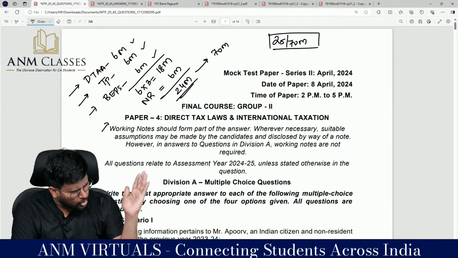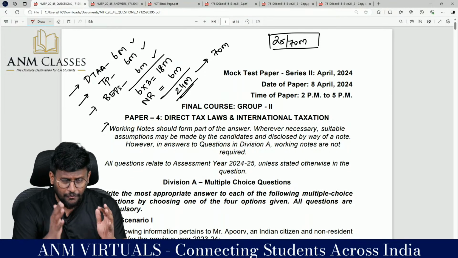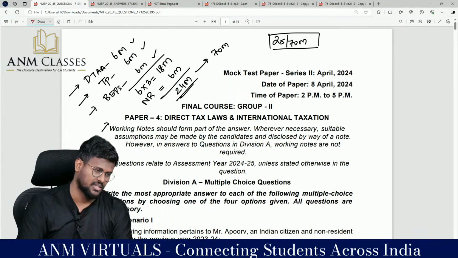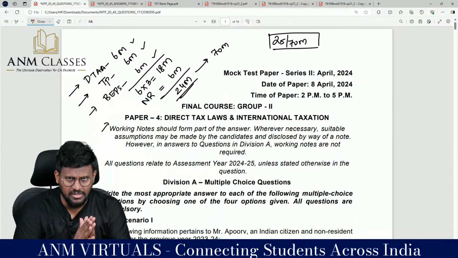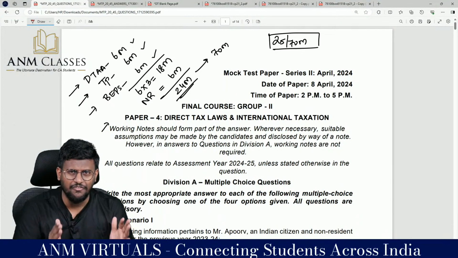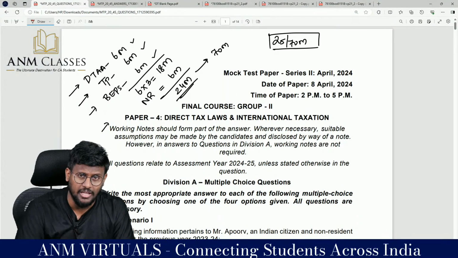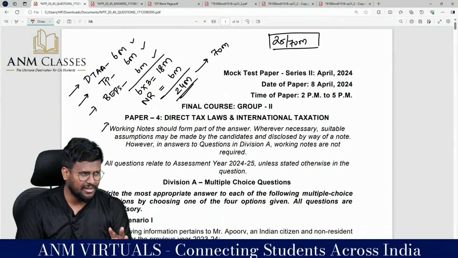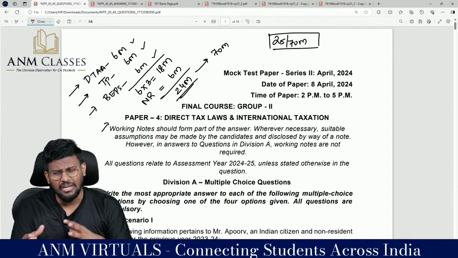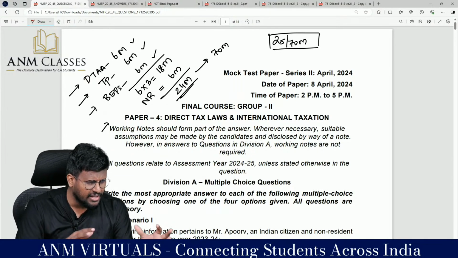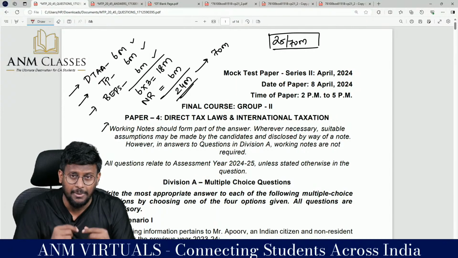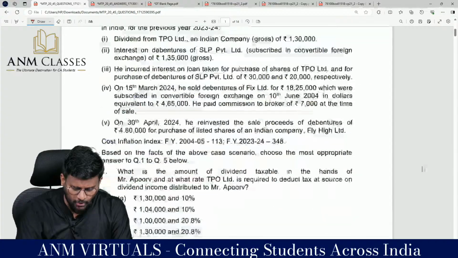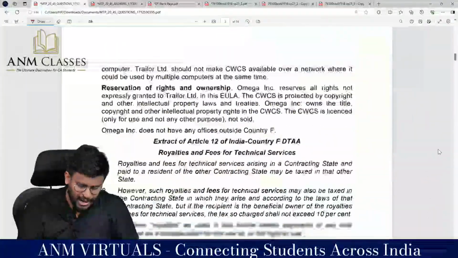In that, a lot of topics they have given, and one of the most important topics is capital gain for non-resident. Actually, it is a very easy topic, which will not take more than 3 minutes of our time to solve the question. But if you have a doubt about what telegraphic transfer buying rate and telegraphic transfer selling rate mean, if you are feeling discomfort with regard to question number 2, I am here to help you,